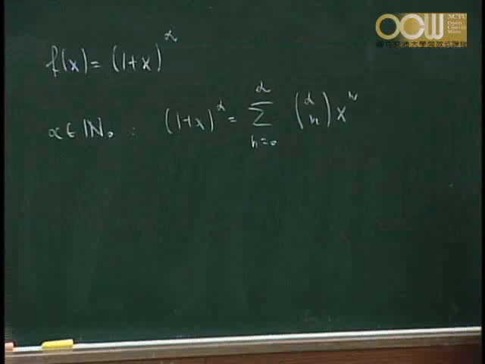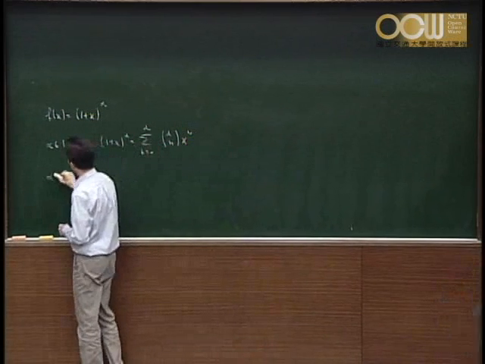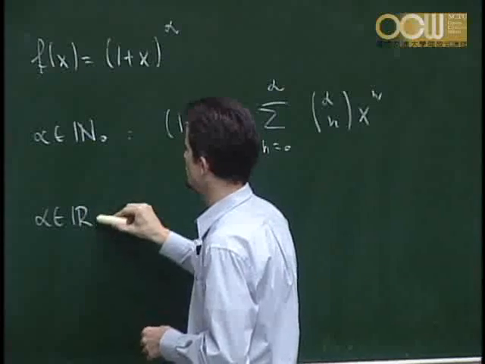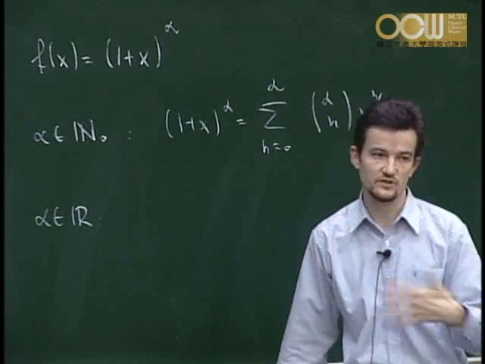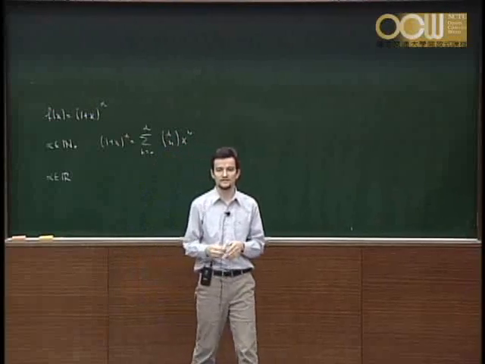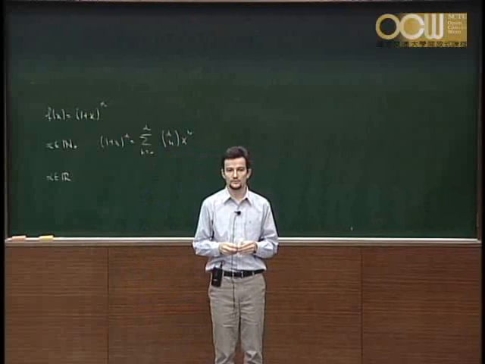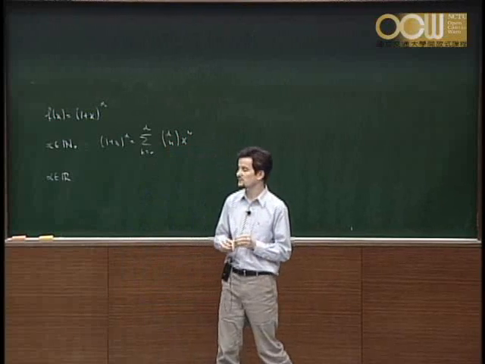Now, last time we discussed the general case, where alpha is any real number. We saw already that if we are given a function and we have to find a power series representation, there is a general way to do this. This is what we discussed last time. Normally you proceed in three steps. The first step is,